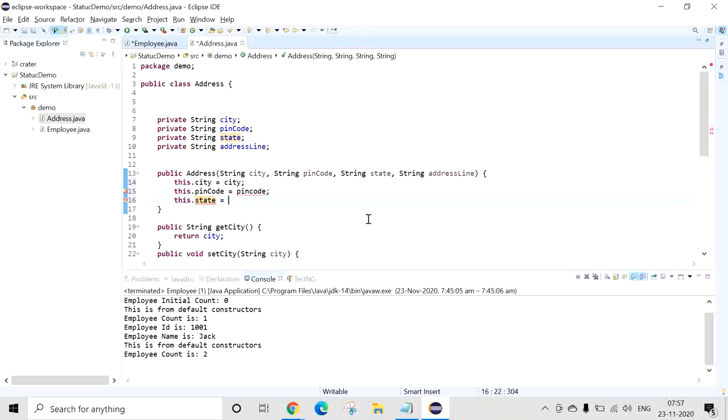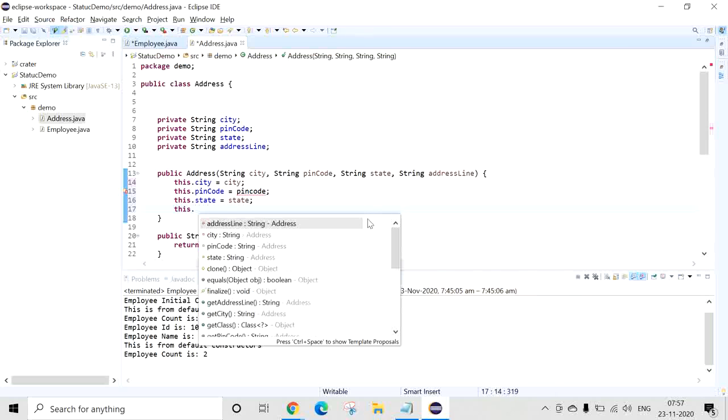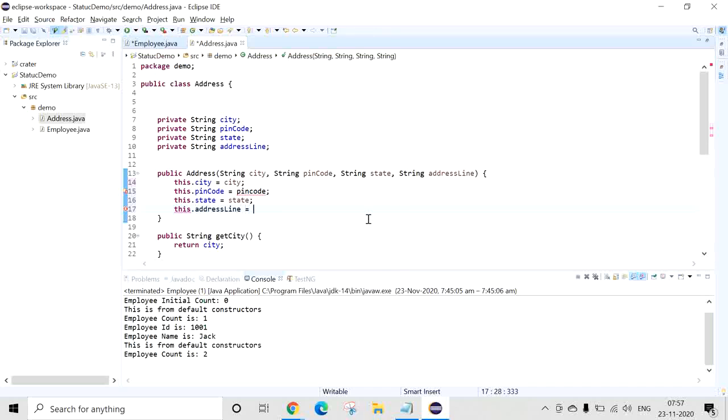City, pin code, then this dot state equal to state, then this dot address line equal to address line. Okay, so the use of this keyword is, as I said earlier, this denotes the current object. Okay, that is different. When they ask the definition, you can say this is used to refer to the current object, but the real use of this keyword is when your method parameter, see for example,